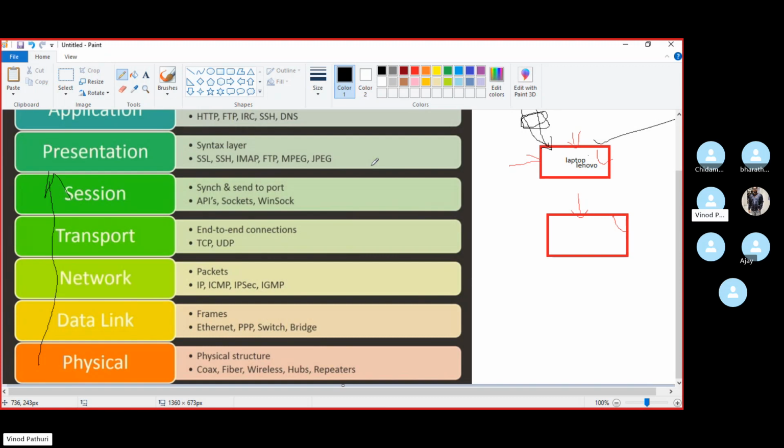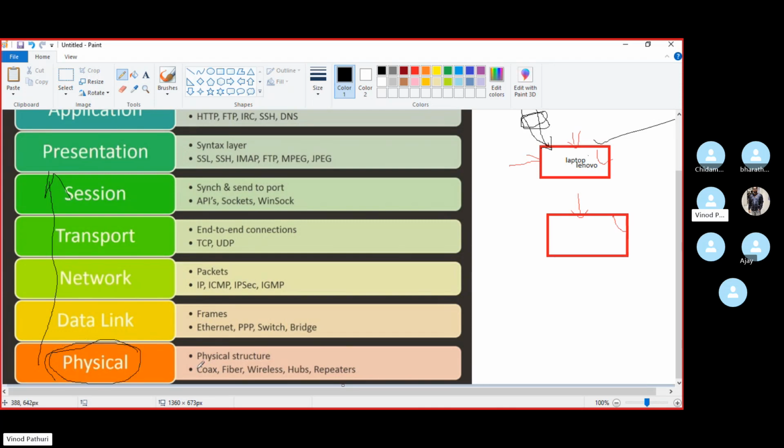Open system interconnection is the full form of the OSI model. Okay, and it is a standard procedure in each and every network. Suppose you are using internet, and right now I am talking. Let me tell you how the packet is flowing. First the packet will go to my laptop, the NIC card I told you about yesterday. So the wireless card will be there, or your physical ethernet cable will be there. Once it goes to the card, that is the first step.